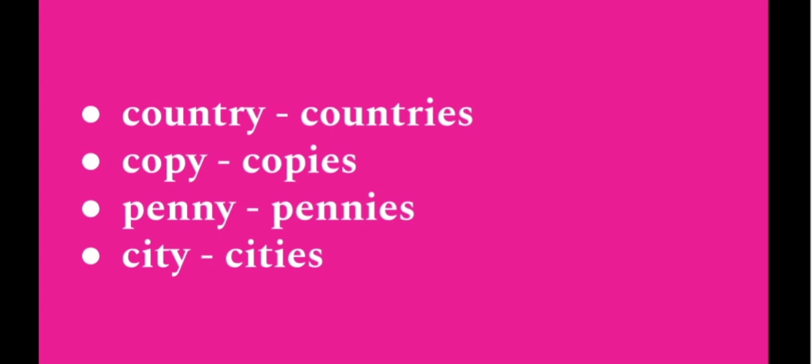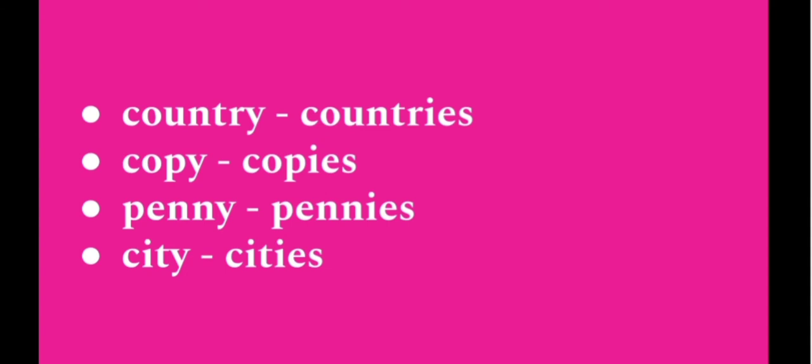The last letter is Y, and the letter that comes before Y is P. P is a consonant, and so we replace Y with IES. Penny. The last letter is Y, and the letter that comes before Y is N. N is a consonant, and so that's why we have